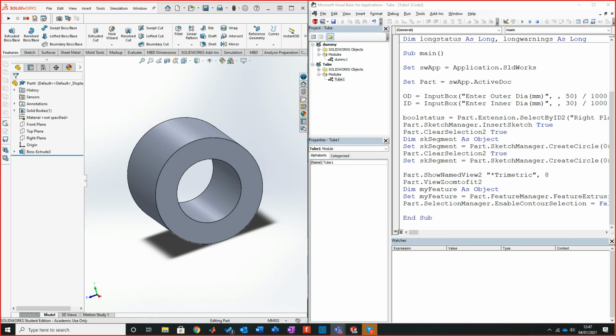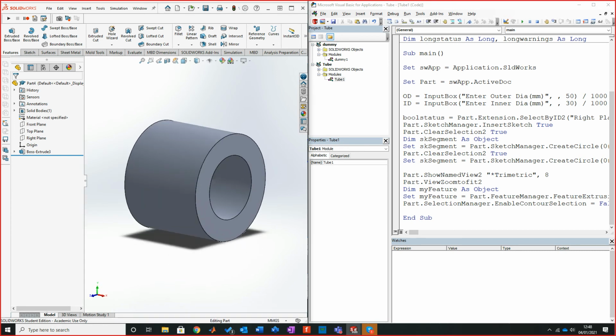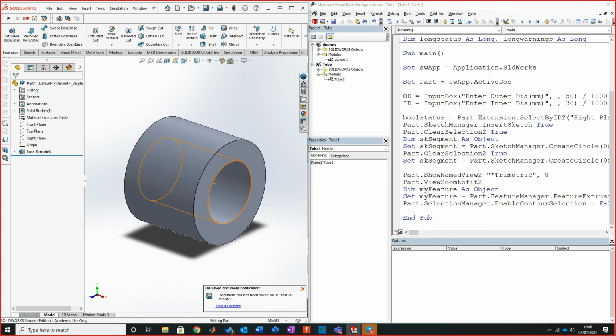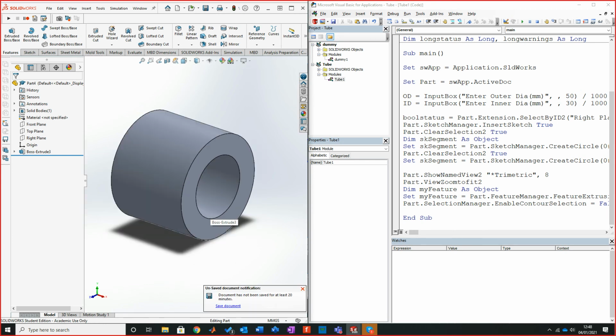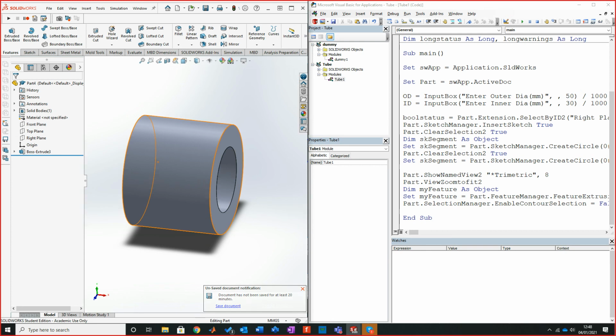So if you have the overall XYZ, XY positions, you can get SolidWorks to read them in and build you the part based on the mathematical outputs that you're creating. So there's a lot of things that you can do with it, but this is a nice intro to get used to it. What I would say is have a go at introducing variable length, changing that extrusion, and then